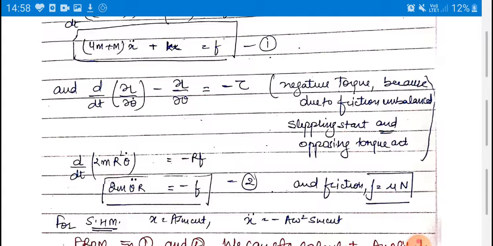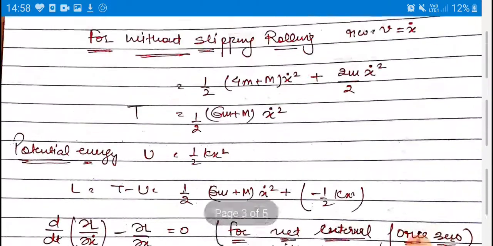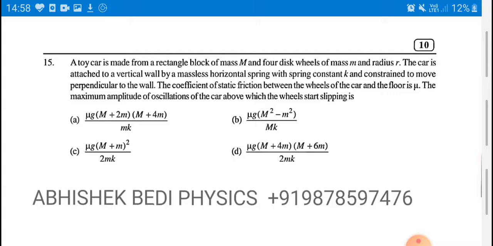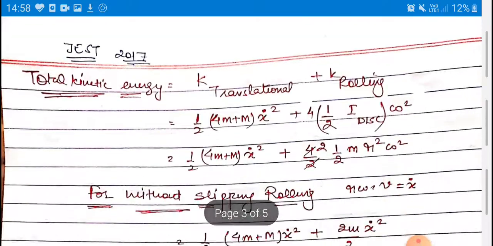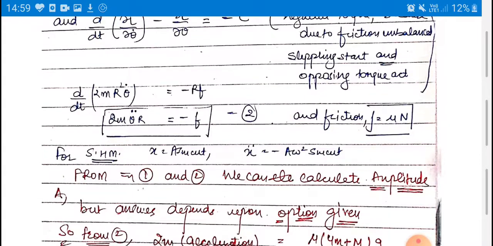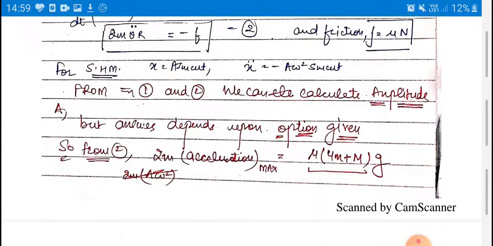In both cases I have to put the value of friction. We all know that in case of horizontal motion it is mu times the normal reaction, and I have four options with me. You can see that I have four options written over here. These four options are important to know because I have to form an answer in one of these formations. So I have to solve both equation 1 and equation 2 for force F and calculate A. Right now I am doing only equation 2. I am guessing that equation 2 may give the correct option, because it looks pretty easier to solve, so I go for equation 2.